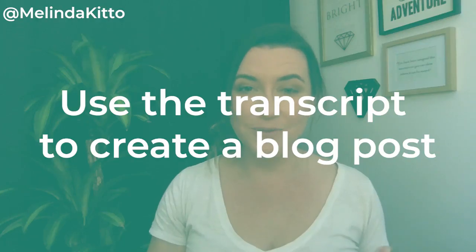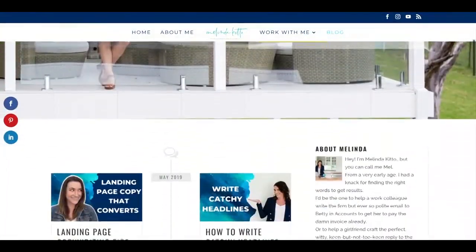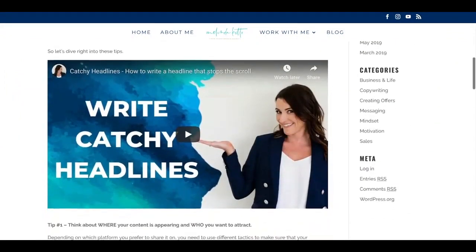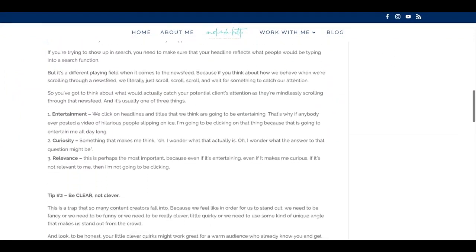And here's a few ways that I do that. Number one is I'll use that transcript to create a blog post. I usually need to edit it slightly to tighten it up a little bit, and sometimes I've got to change the language to actually make it work in a blog. But if I had tried to sit down and write that blog from scratch, it would probably take me 3 hours of mostly procrastination, whereas this way it takes me about 15 minutes. That blog post goes up on my website, and then I can come across to platforms like Facebook and Instagram and actually point people towards that blog.